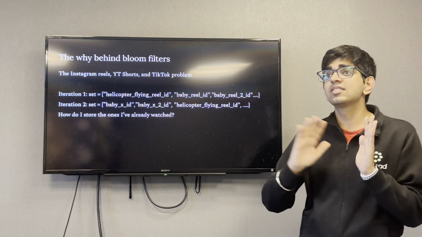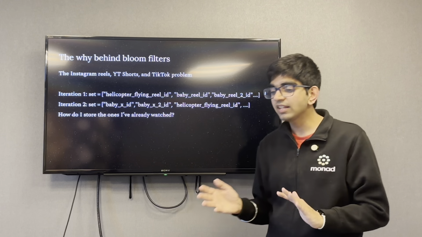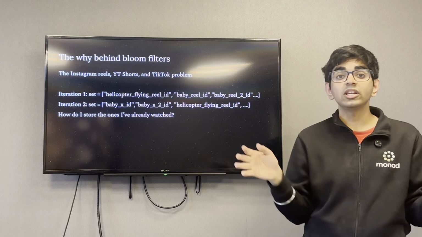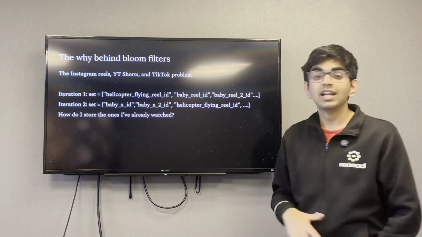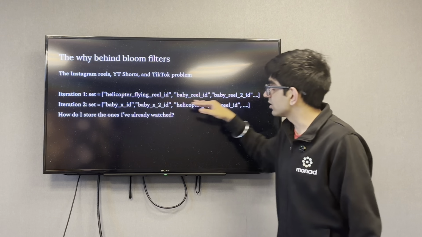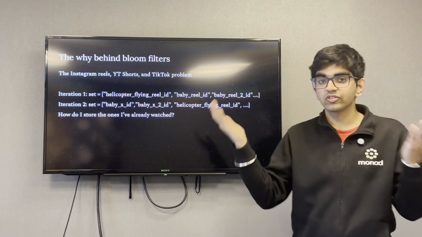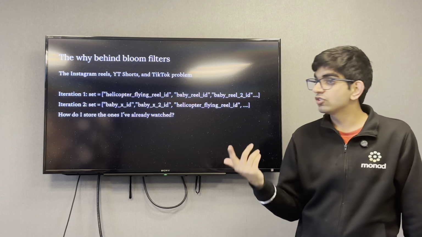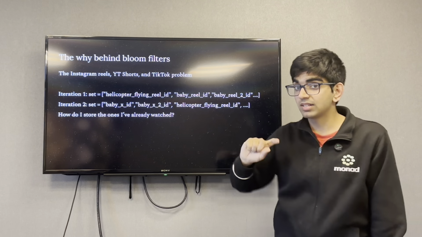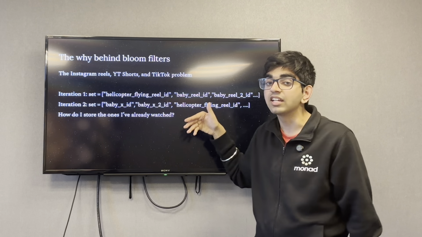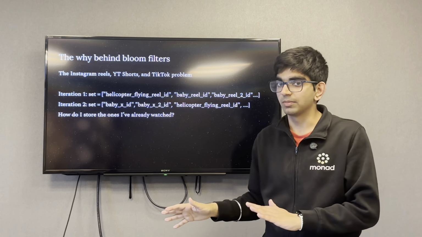And let's consider another case. Let's say one of these reels actually gets deleted. The person who posted this reel deletes it. Well, now we have this unused space which is storing an ID that doesn't even exist anymore, and potentially might point to a new reel, because that reel got deleted and a new reel could hold this helicopter flying reel ID,